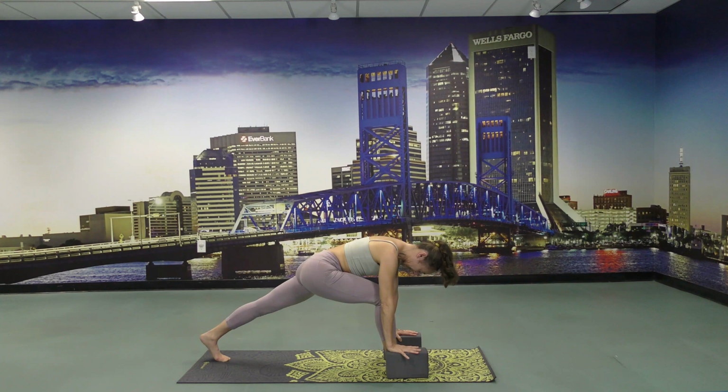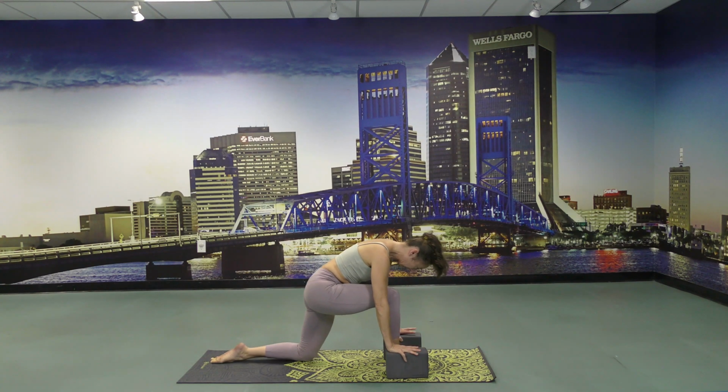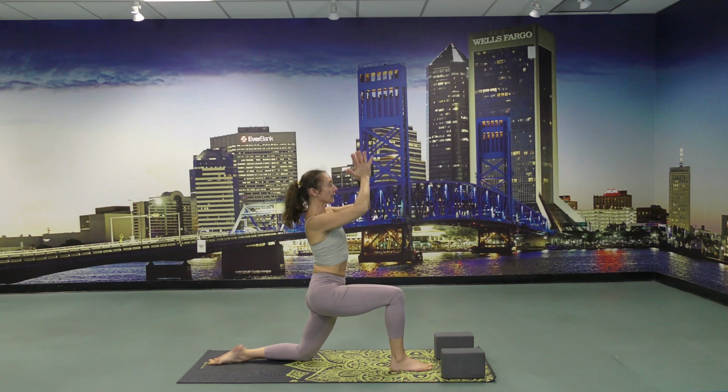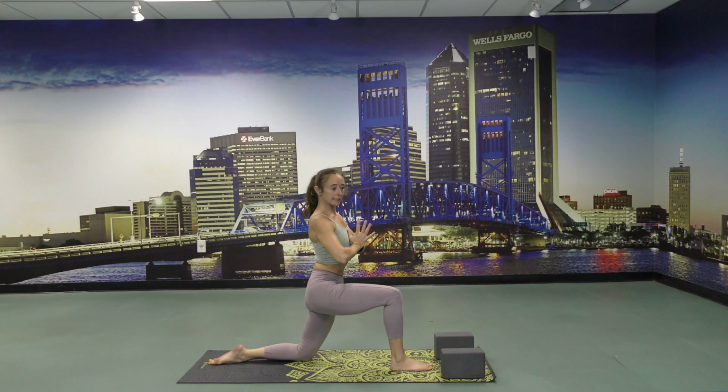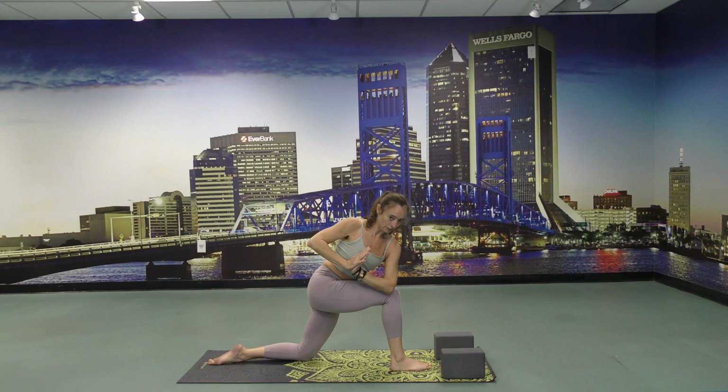Bend back again, the right knee, and lower down the left knee. Bring the arms up again. Now bring the hands to your heart, coming to a twist. Elongate the chest, reach up. Close the ribcage and bring the left elbow outside of the right knee. Feeling grounded through the feet. Feel the center,